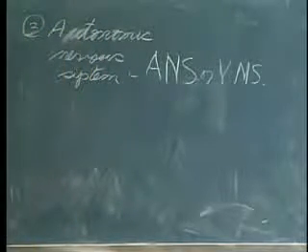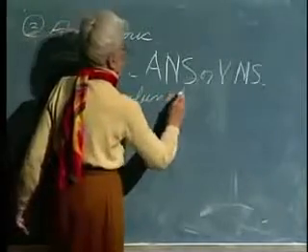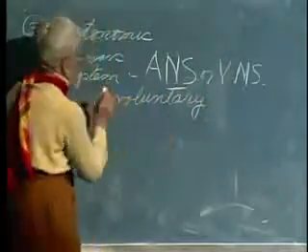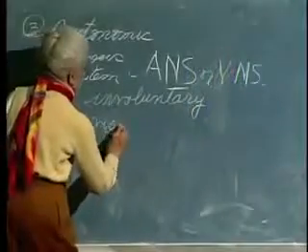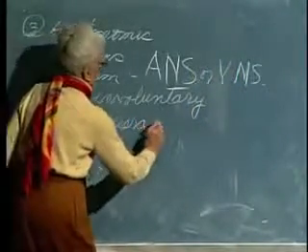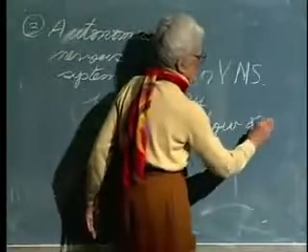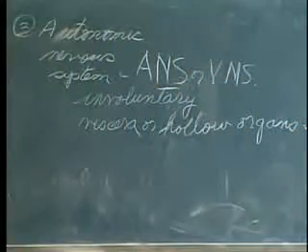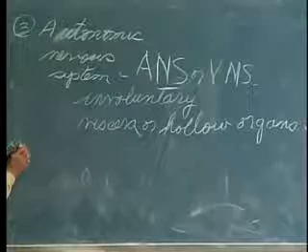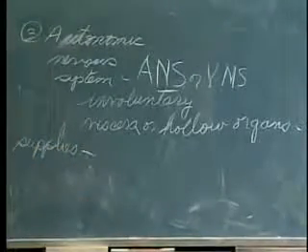It will be involuntary. It will be going to hollow organs or viscera. That's why visceral nervous system. Viscera, or hollow organs. So it chiefly supplies smooth muscle,